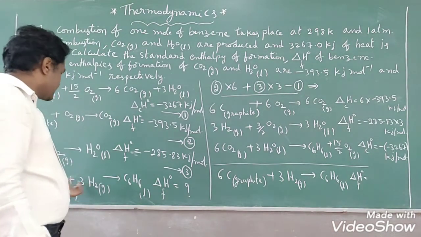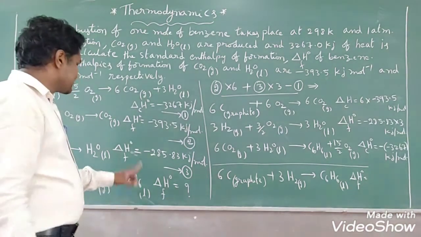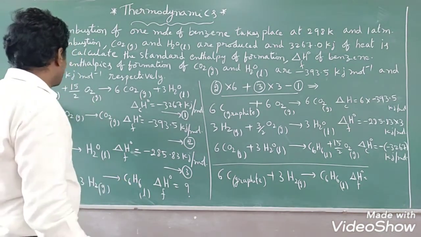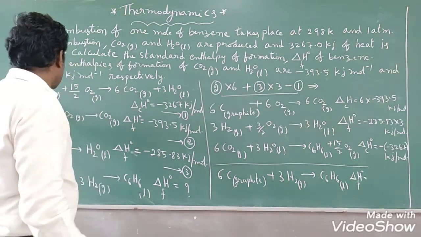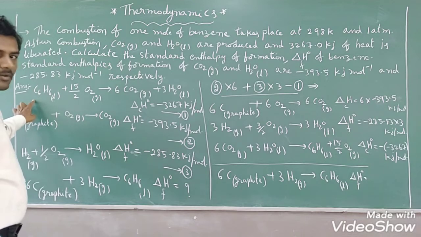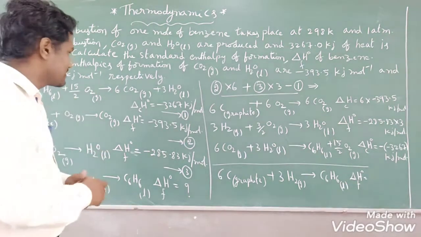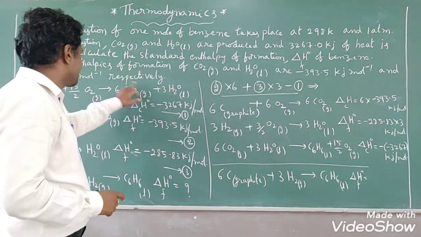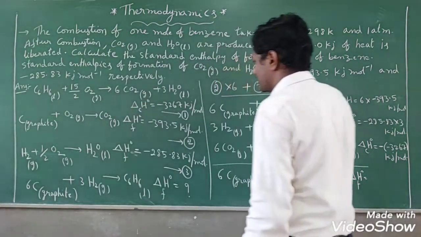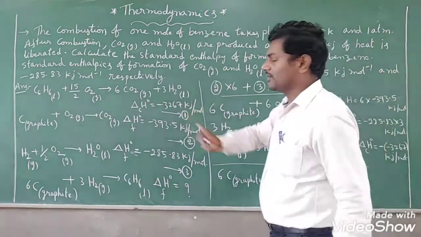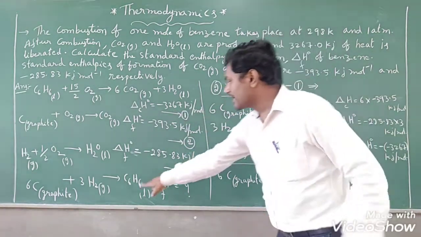And only these 2 are the reactants. And the product is what? C6H6, right? So C6H6 is present in which equation? Equation number 1. We need it on the product side, but here it is on the reactant side, that 1 mole only, no problem. Then to get it on the product side, what to do? We have to take the reverse sign. That means the inverse of this reaction. Inverse of this reaction means negative sign you have to use, students, right? Minus 1 times the first equation. If you do like this, definitely you will get this equation.